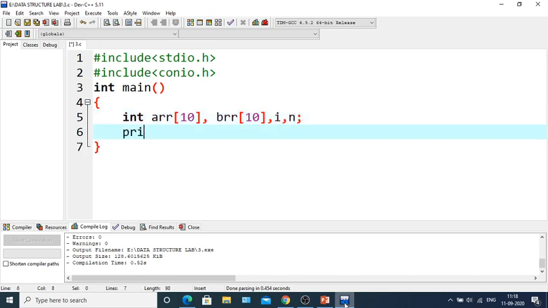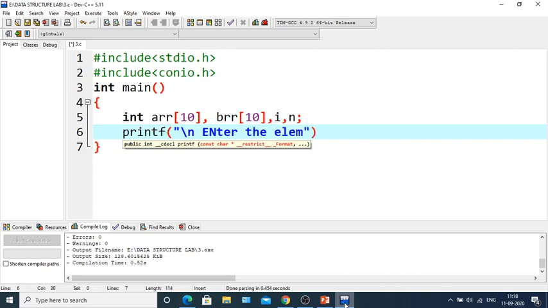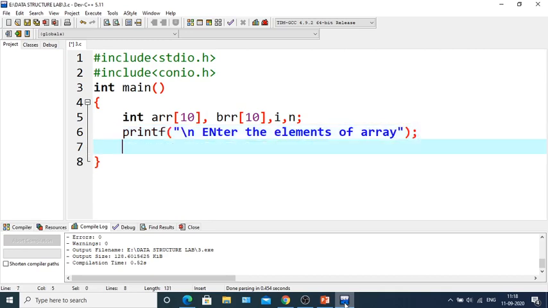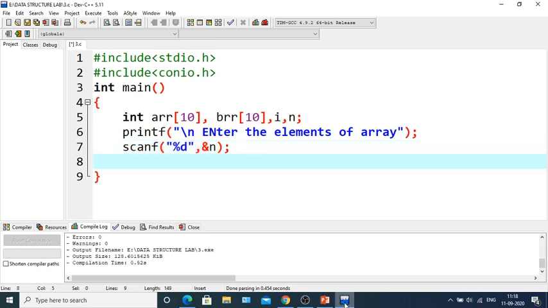Next is the printf, \n enter the number of elements of array. Then scanf percentage d comma ampersand n. So the number of elements has been taken.